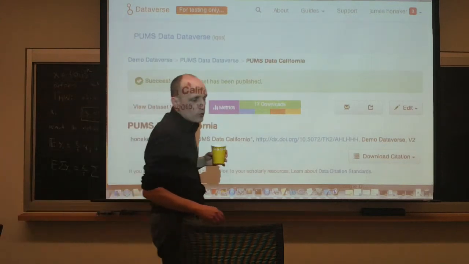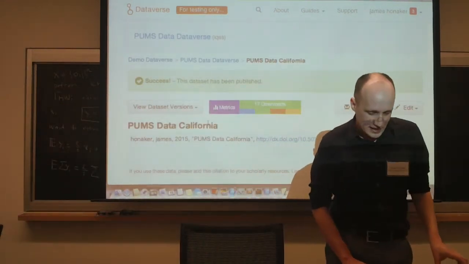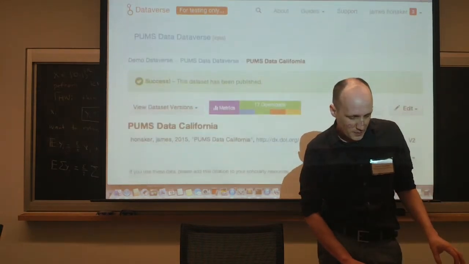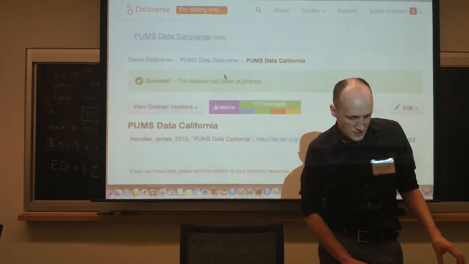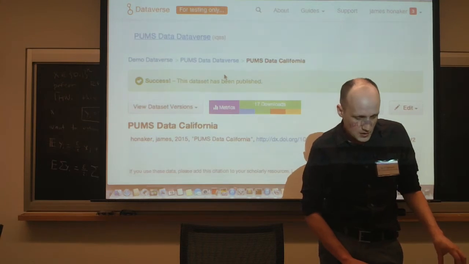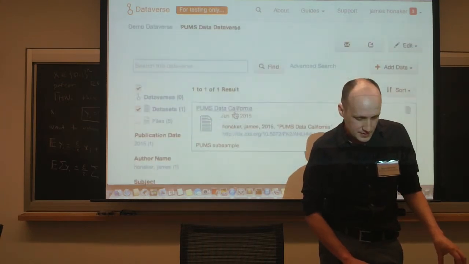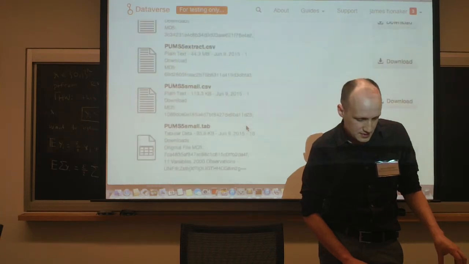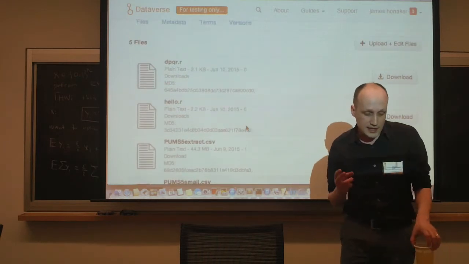Okay, how about reloading this and see whether that crashes Dataverse. If we go back to the Dataverse, it's thinking about it. Oh, everybody's going there at the same time, so it's slow. Okay, do people see extra files there now?